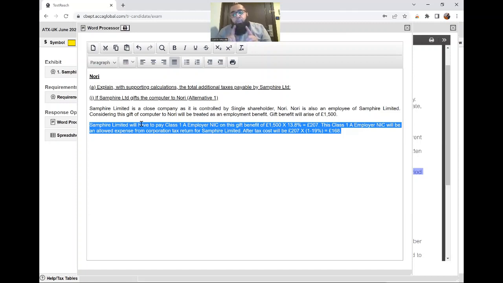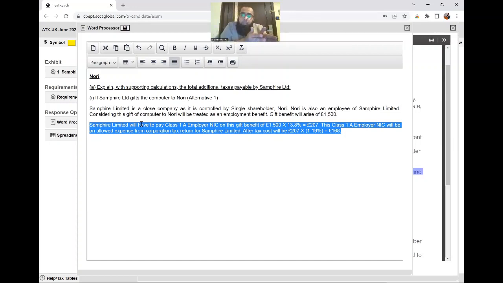Now, while making its corporation tax return, Samphire Limited will claim an allowed expense, because whatever you give to an employee, whatever you pay for an employee, you claim allowed expense. When Samphire Limited claims an allowed expense, it will get relief in the corporation tax return at the rate of 19%. So what I have done is,